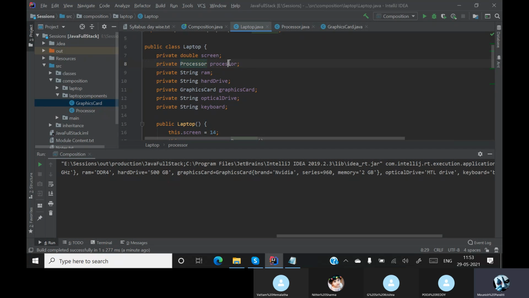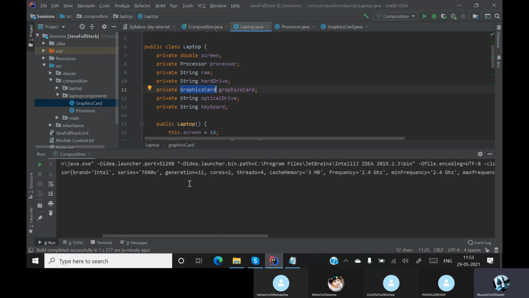You have a property called processor of type Processor, meaning Processor is a class. Same way, you have a graphic card component which is of type GraphicCard. It means that it is another class. These are called inner classes, a class within a class, and this is how you access these classes. Got my point?